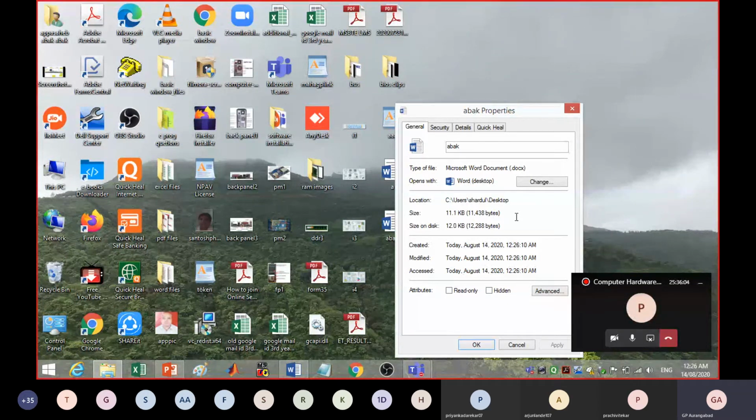That means 12,288 bytes are allocated to this file, though it is only a 4 byte file. Out of this, the actual file size you can store is 11,438. The remaining will be used for storing some additional information.